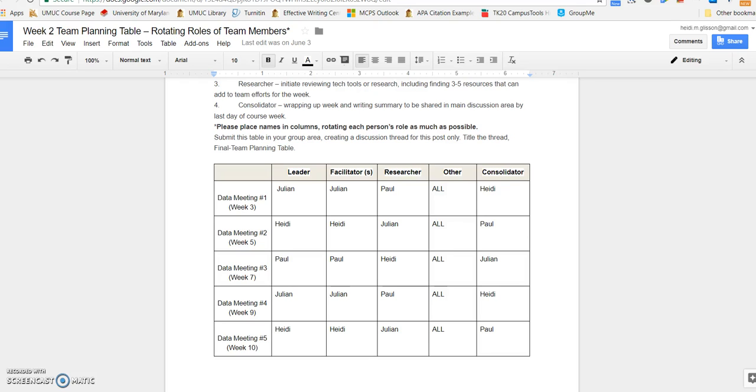This is the consolidation for data meeting number 4 for group 2. So this week's roles consisted of Julian as the leader and facilitator, Paul as the researcher, and myself, Heidi, as